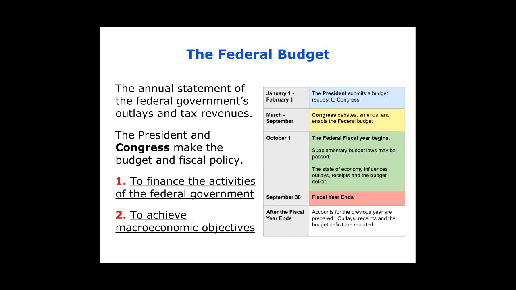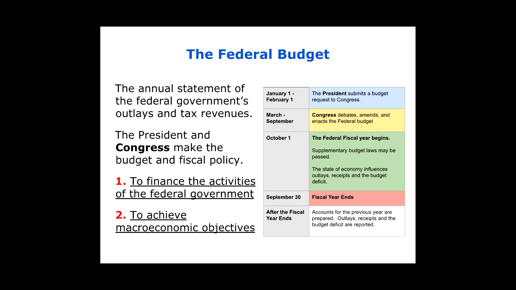Now, the federal budget process begins with the president submitting a budget to Congress in the beginning of the year. Congress has the responsibility for all spending, so fiscal policy really is the responsibility of the Congress. Now, the fiscal year is not from January 1st to December 31st, but rather the federal fiscal calendar runs from October 1st, that's when it begins, to the end of September in the following year.